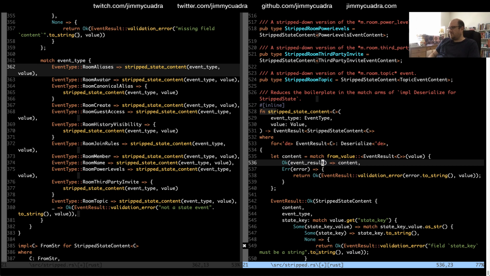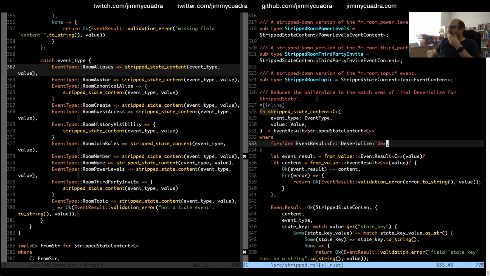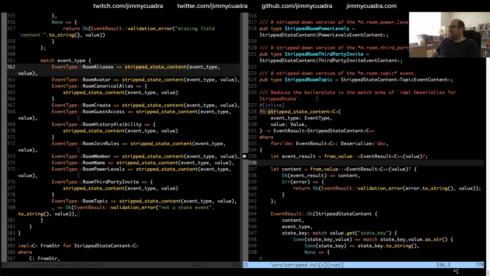So if I get an event result, oh, and then if this fails, it's just a deserialization error. Right? I see. Let event result equals this. Yeah, so we've deserialized, and now that we have an event result, what do we want to do with it?